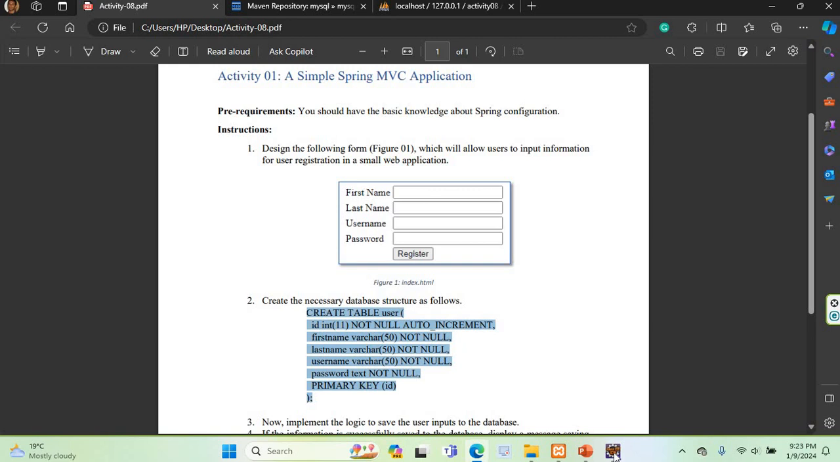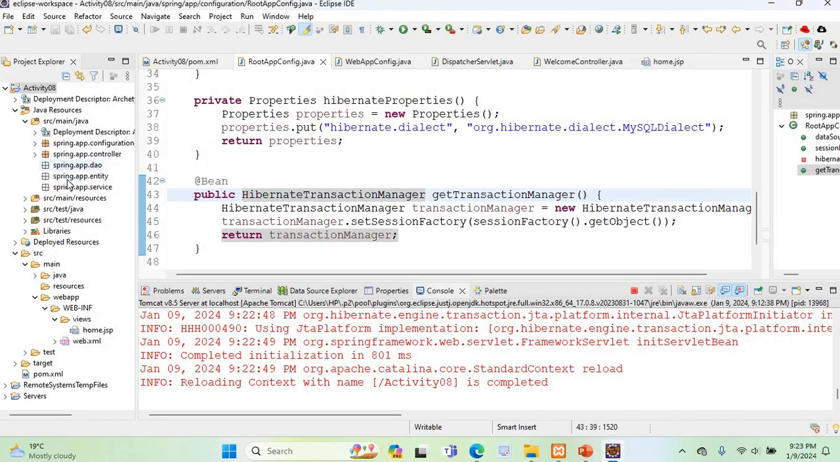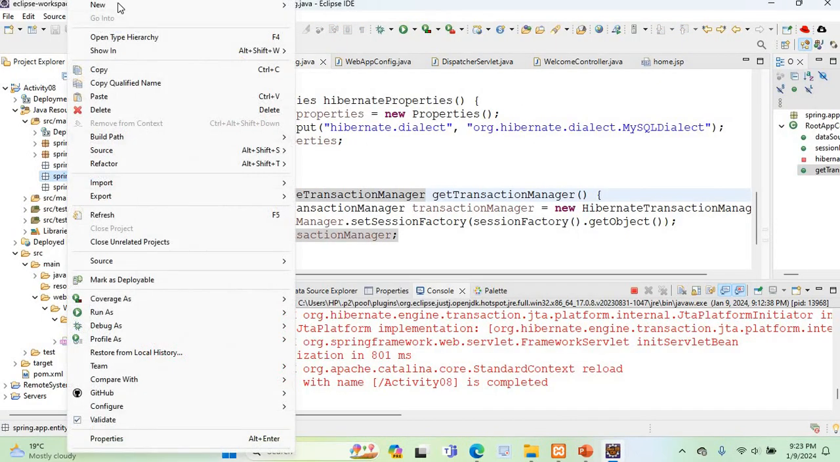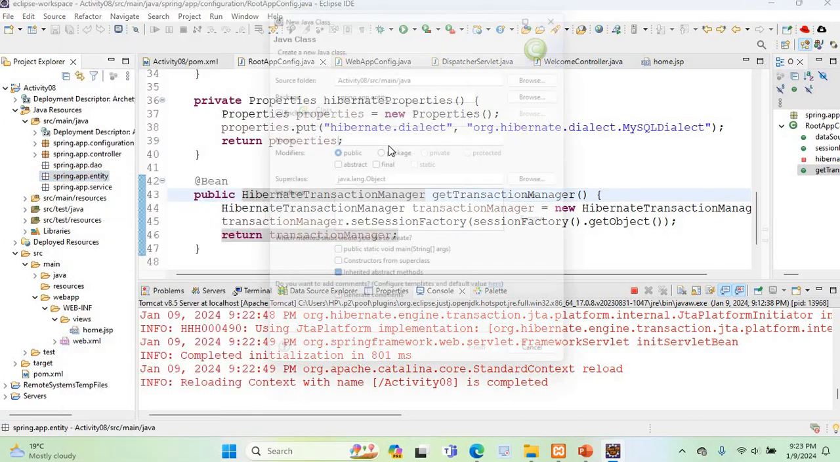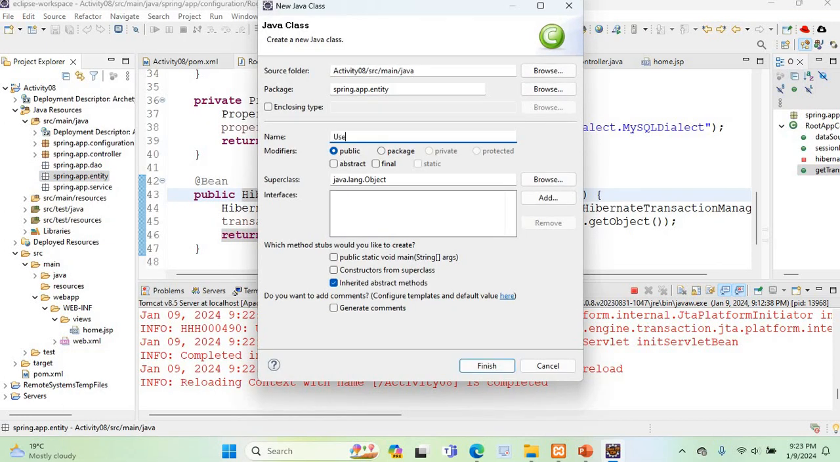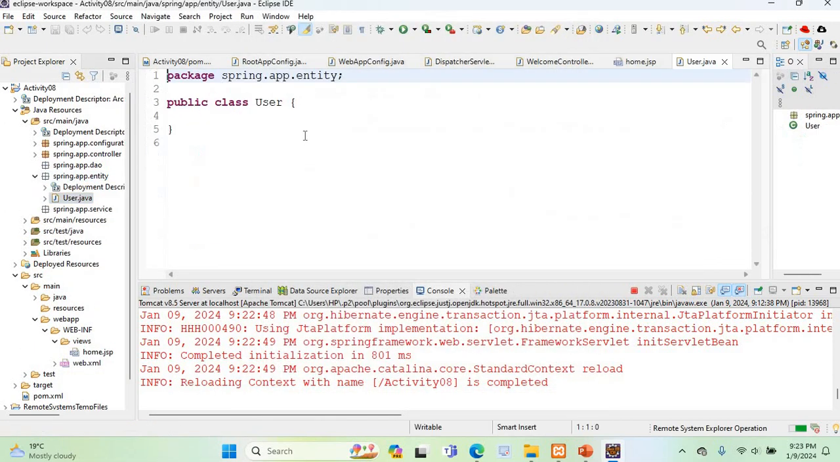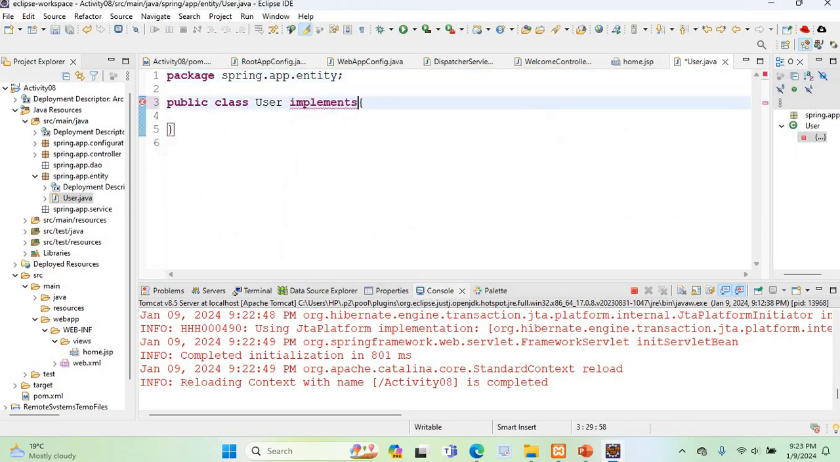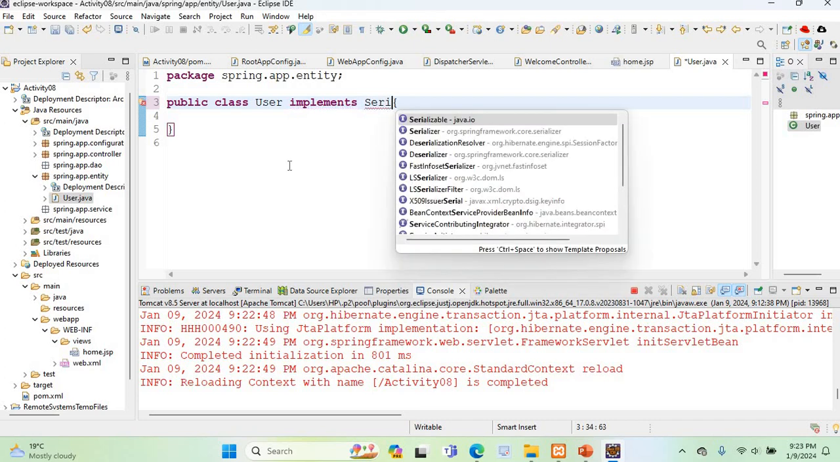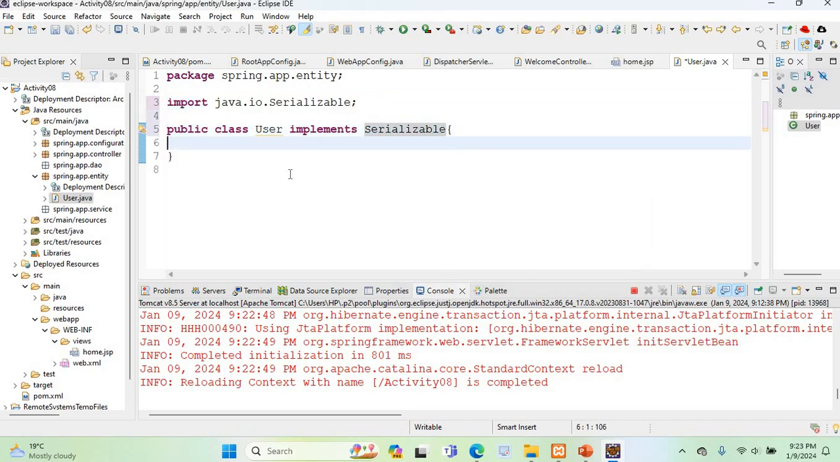So we will develop this entity class. I'm going to the entities, and here I'm going to create a new class called User, and I'm going to implement this by using a Serializable interface. And here we will have a private